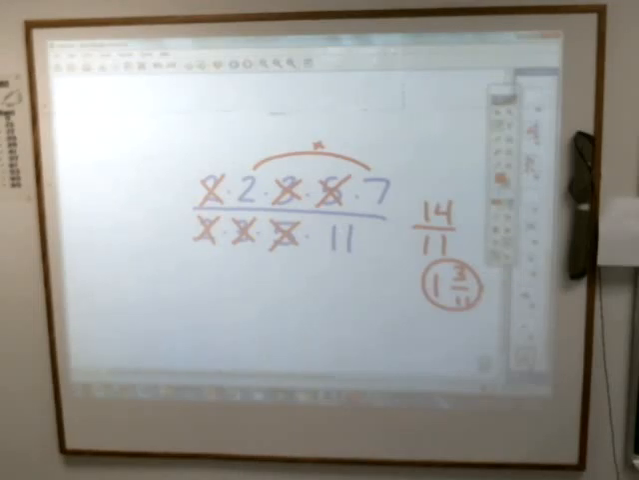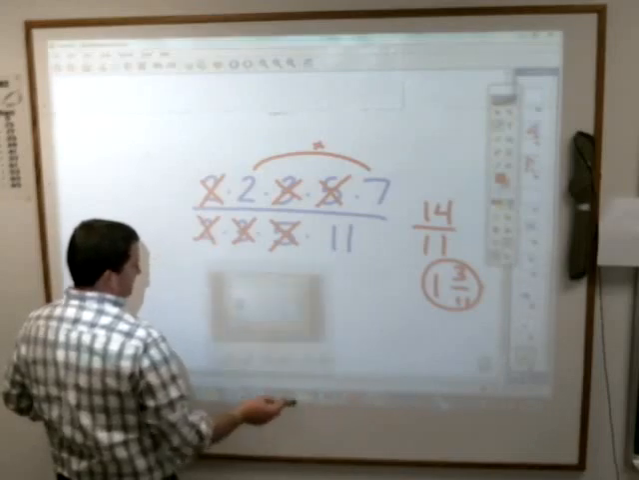Now, back to a new piece of note paper, which should be